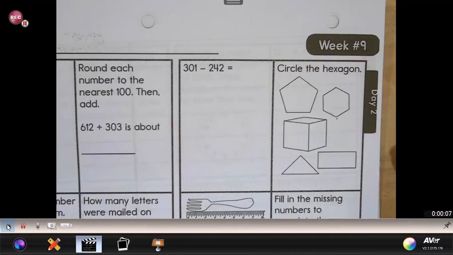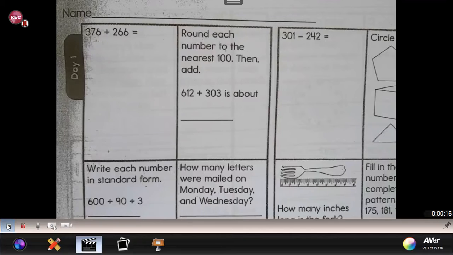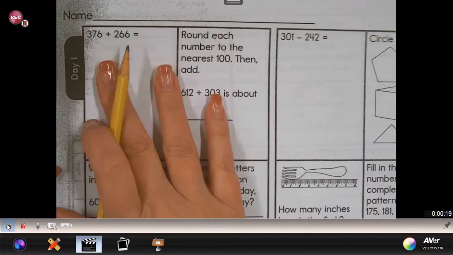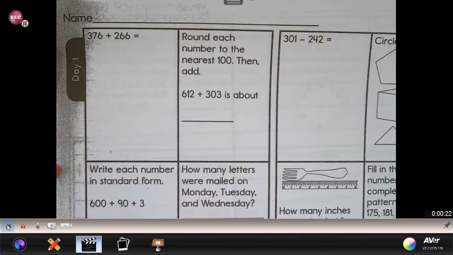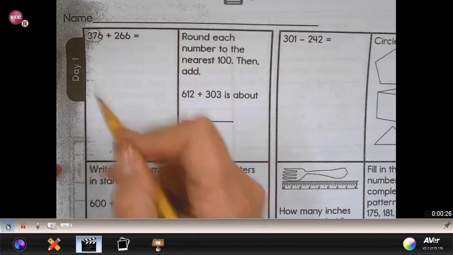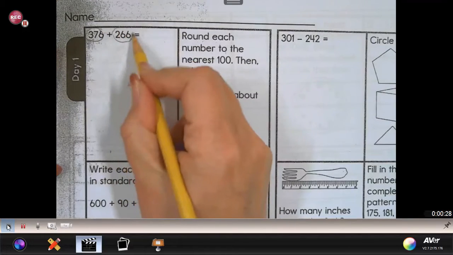It's time to check our solutions for our Week 9 DMA. So we are going to start with day 1. Today's Monday, and we're going to take a look at our first problem. It's an addition problem. So remember, when we are adding, we have part, we have another part, and we're looking